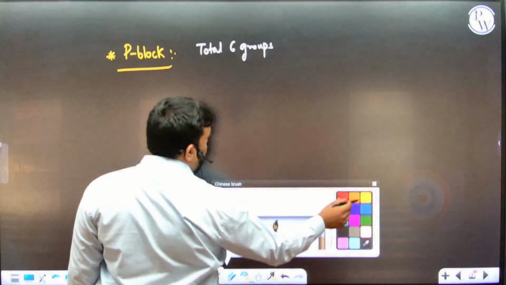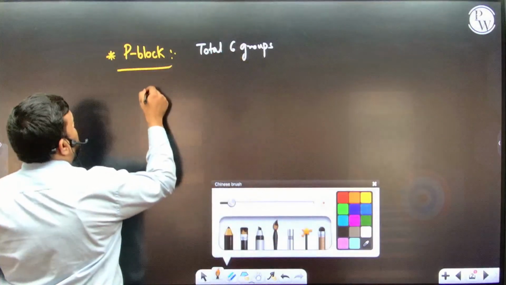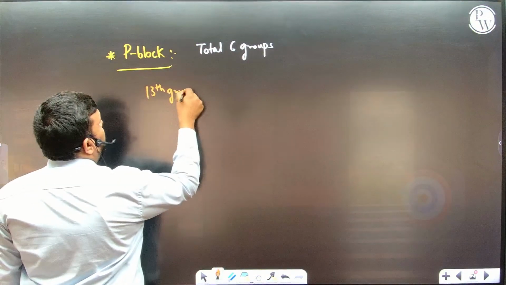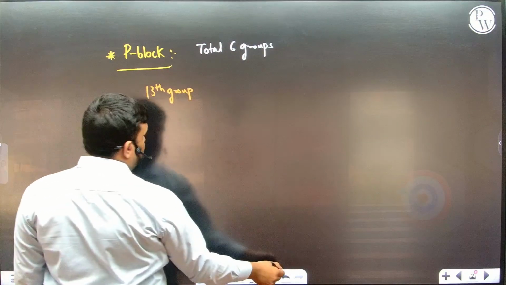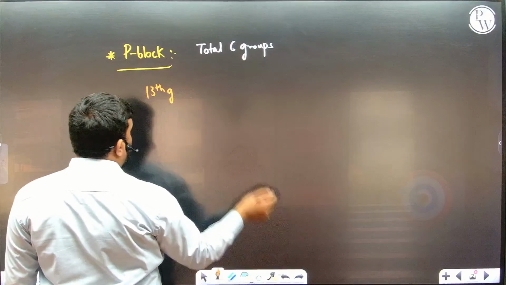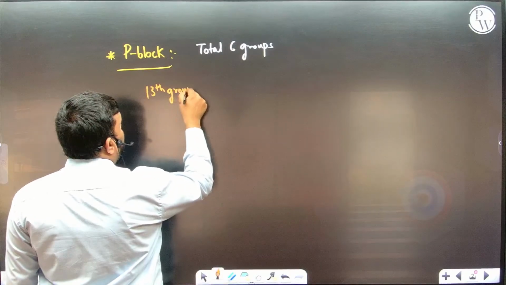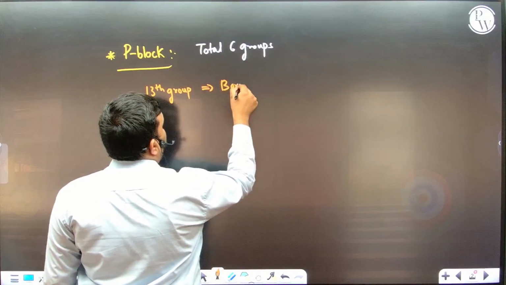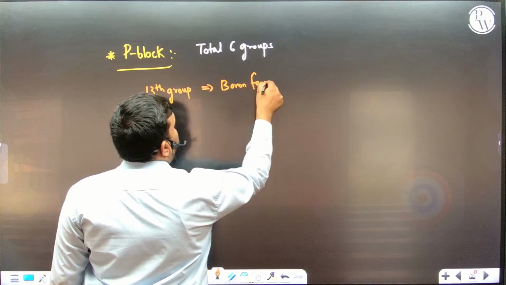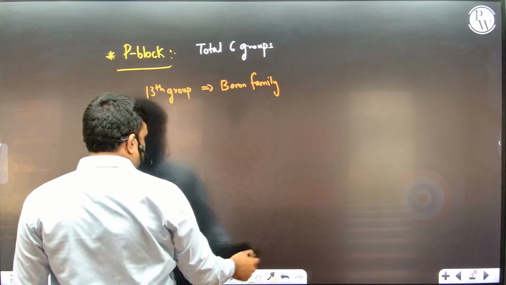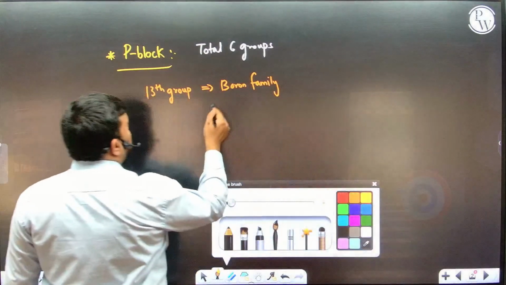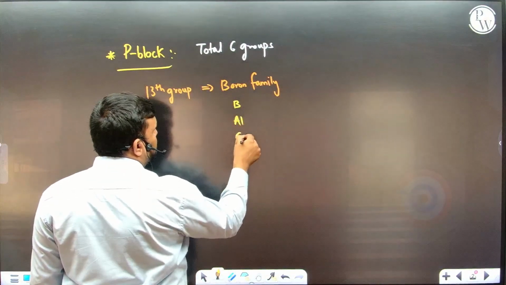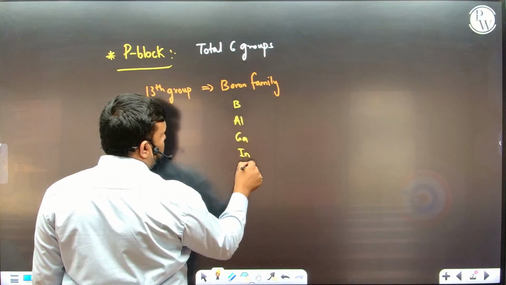Let us start from the 13th group, that is our boron family. In this boron family we have boron, aluminium, gallium, indium, thallium,